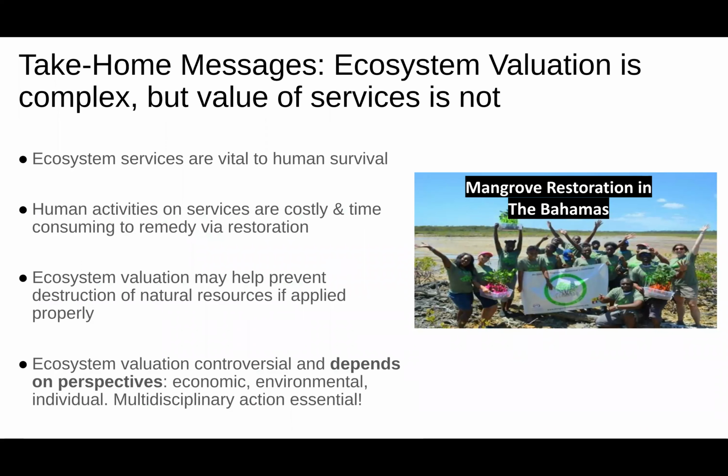So the take-home message from the Florida Everglades, and the take-home message for ecosystems, is they are dynamic systems that connect